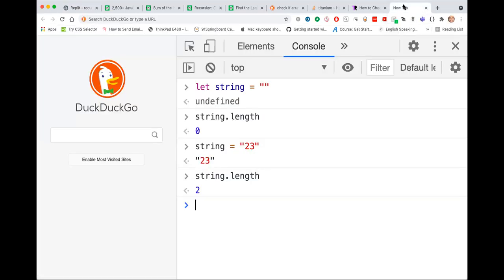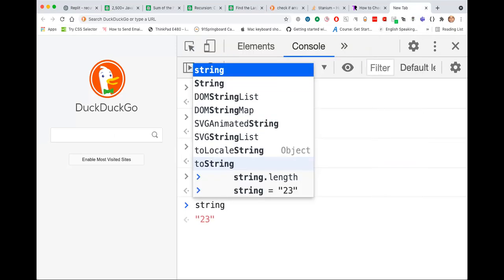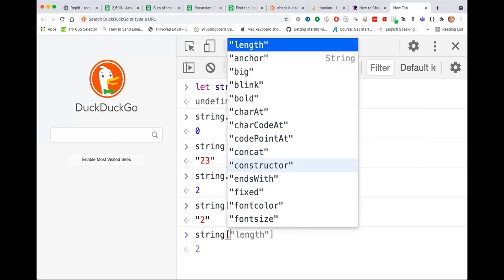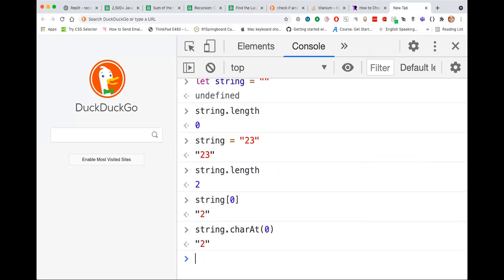Now that element can be A, E, I, O, U, right? So how do we access the first element? We can also do dot charAt 0. So any of these solutions will work.